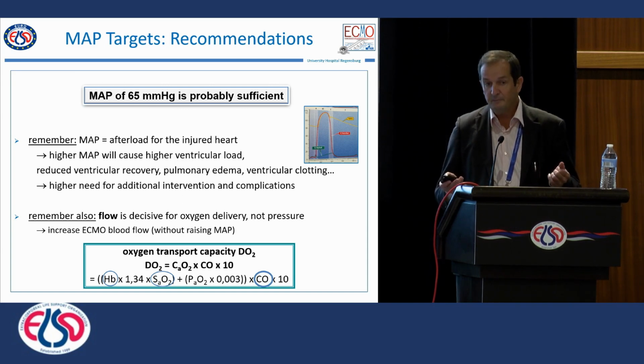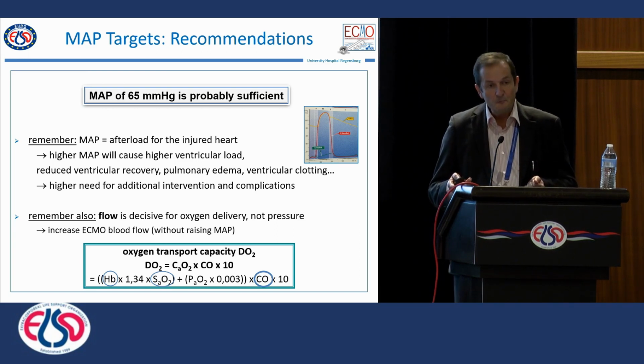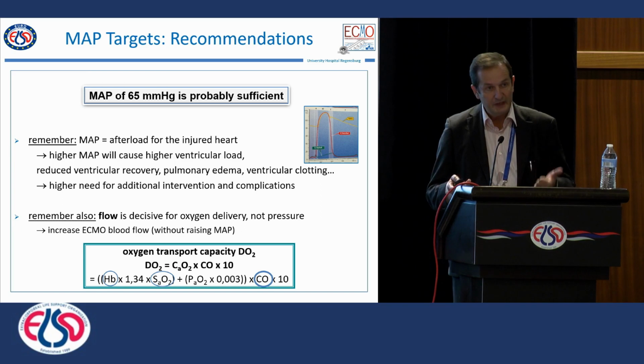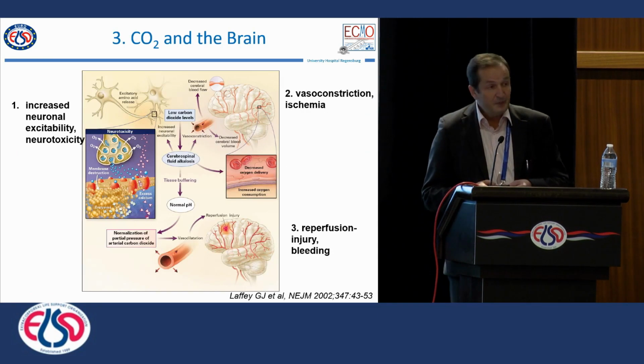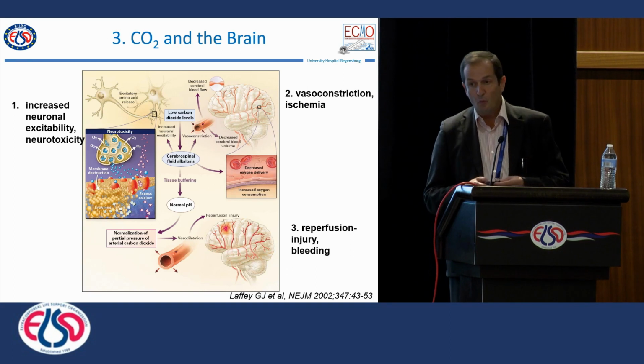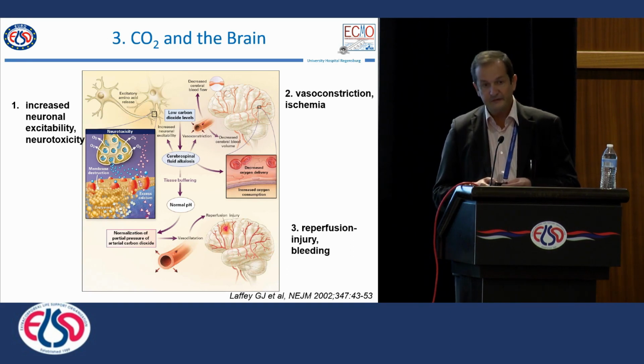It may not be. You have to look at your highest possible flow. How could we monitor? We could look at lactate, cerebral oxygenation, central venous saturation. Last but not least, and I think that's where we do most wrong, this is CO2,